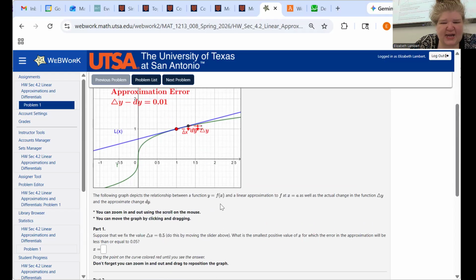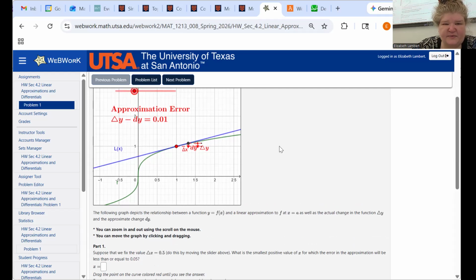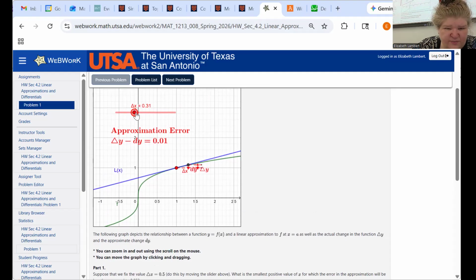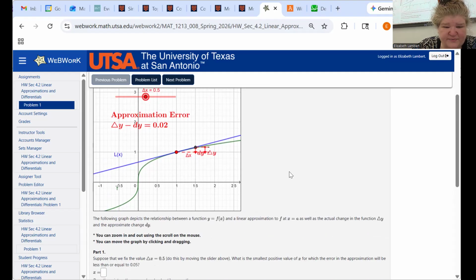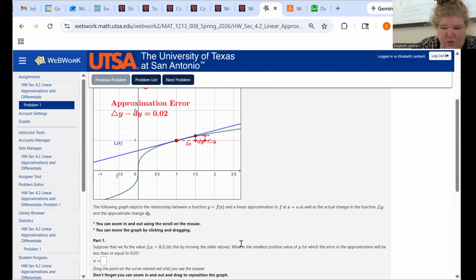Now, what this question asks us to do is a little bit weirder. So part 1, suppose that we fix the value delta x to be 0.5. So I'm going to move my slider so it's 0.5. Now, what is the smallest positive x value for which the error in the approximation will be less than or equal to 0.05? So now it's asking us to drag the point